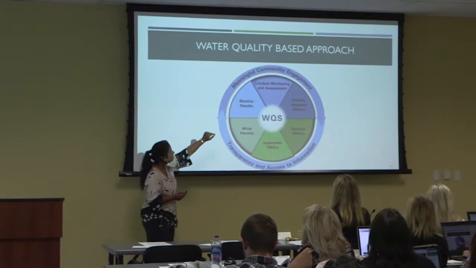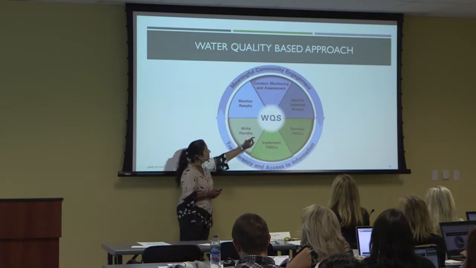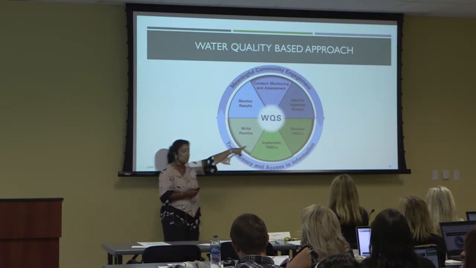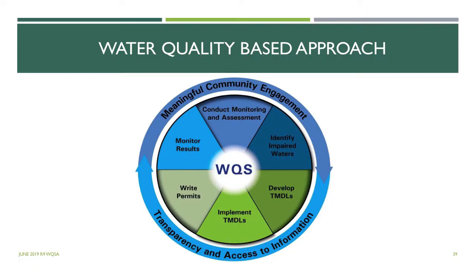But if you monitor and assess and you realize it's not meeting your standards, then the state will identify which waters are impaired, which will then prioritize which waters need to have TMDLs written for them. TMDLs being total maximum daily loads, which is really a pollution diet, which talks about how to ratchet it down so you can reduce the pollutants enough to meet your standards. All things we'll be spending lots of time on talking about. And then you implement the TMDLs, and then permits now are written to be consistent with the diet that was established in the TMDL itself.